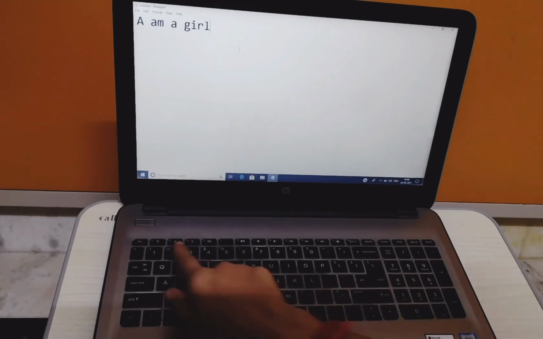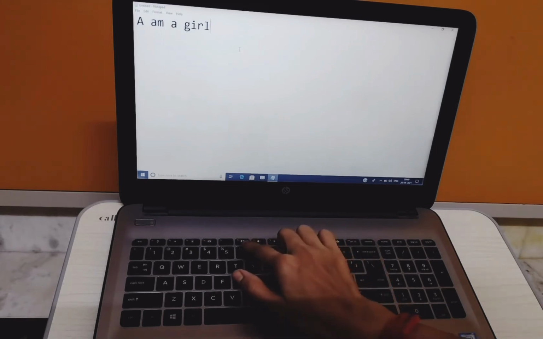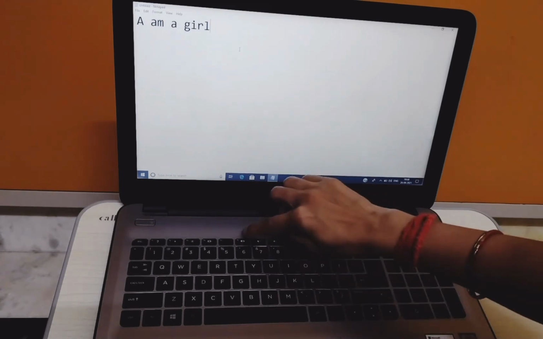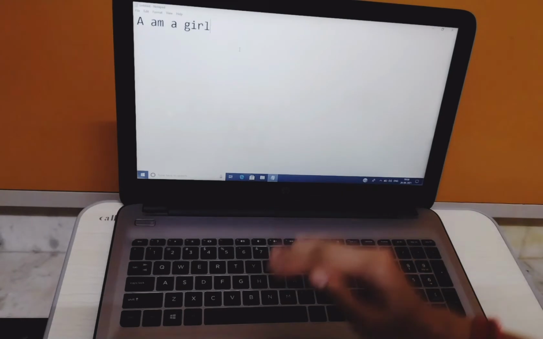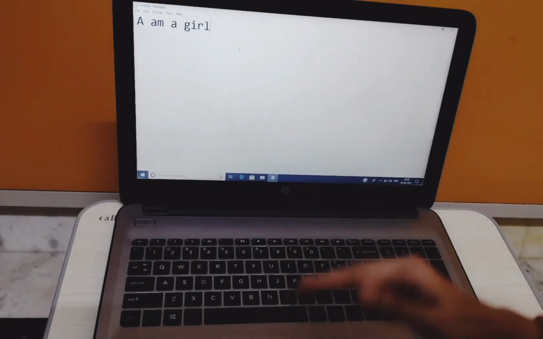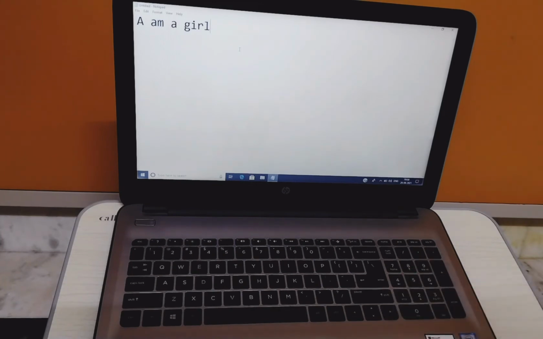Okay. In these function keys, you can see this volume down button, this volume up button, minus and plus. This is the mute button. And this is brightness up. You can increase the brightness of your screen, and this one you can use to decrease the brightness of your screen. Okay. So F1 to F12 we will learn later.